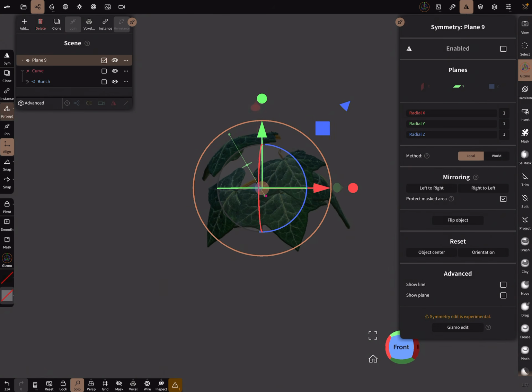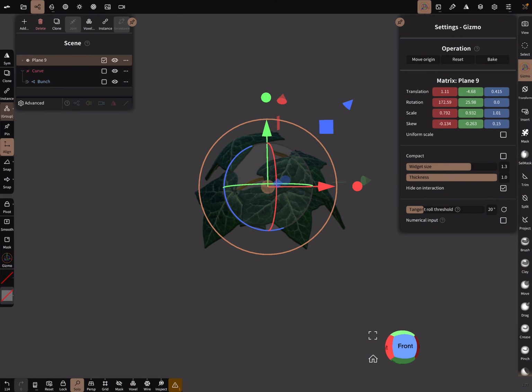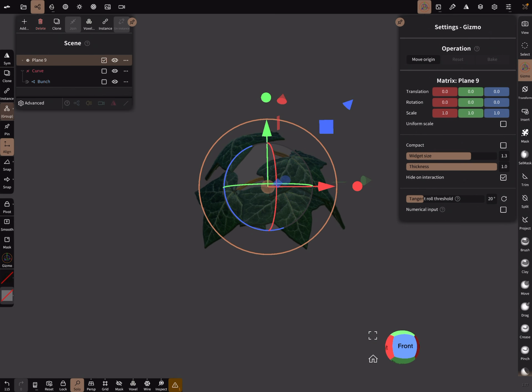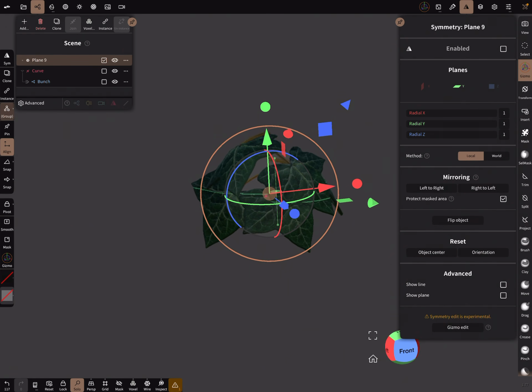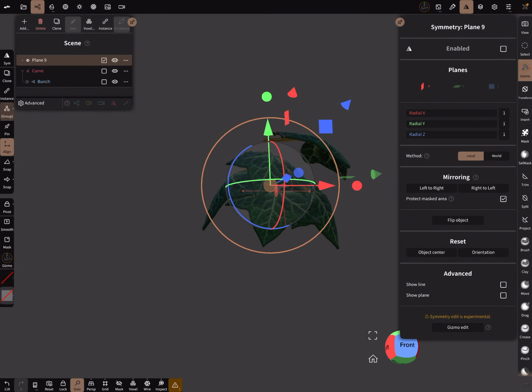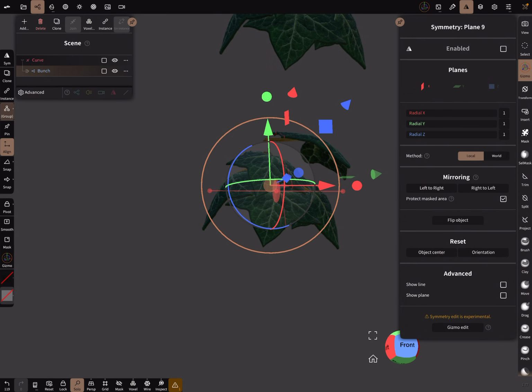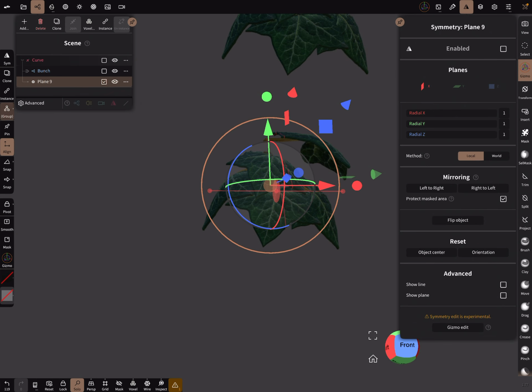You see here the symmetry plane is not correct. So you have to use the gizmo settings, bake your object, and in the symmetry here you can now reset the orientation and the center, and use your correct symmetry plane and flip your object. So when you bring it back in the curve node,